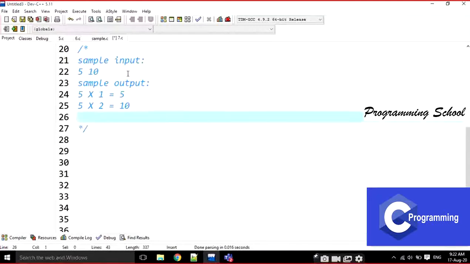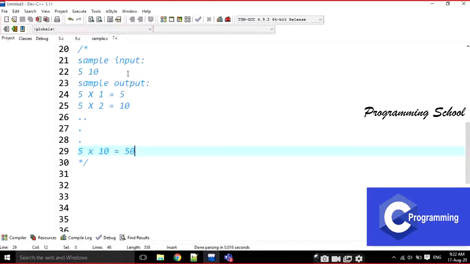Now I am going to give here, for example, 10. This is going to stop at 5 tens are 50, like this. This is the output here. How many variables am I going to read? I am going to read two values. The first one is the table and the second one is the range, where I am going to stop. Okay, there are two values, 5 and 10.